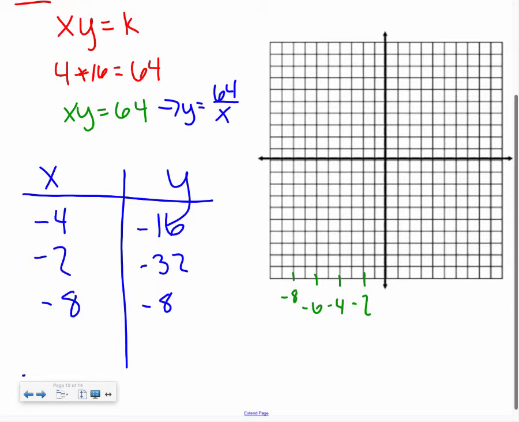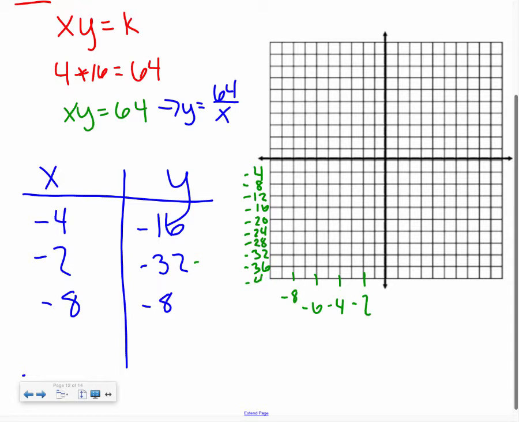Because for x values, that was the smallest one I plugged in. But for y values, I have to get all the way up to 32. So why don't I count by 4's. So -4, -8, -12, -16, -20, -24, -28, -32,